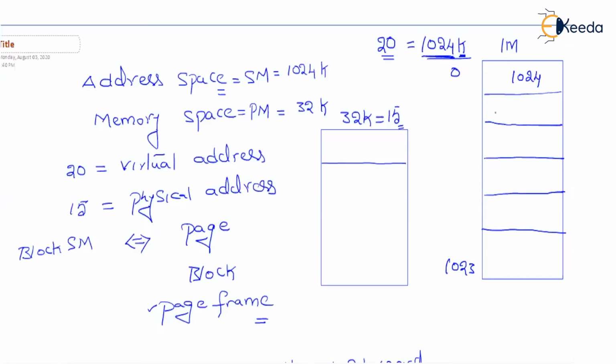Okay. So what is the block size? Block size and page size must be equal. Block size in the main memory and the page size in the secondary memory should be equal. This is common sense because obviously when we transfer a page from secondary memory to the main memory, both of these chunks must be equal. Both of these partitions must be equal in size. Otherwise, a page cannot fit into the block. Okay, for that reason, block size must also be equal to 1K.